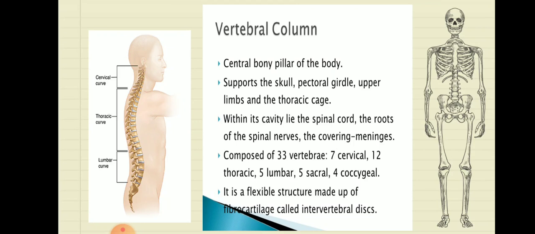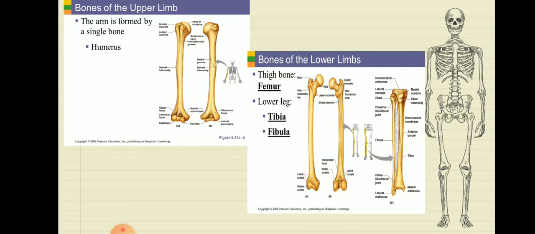And the names which have been given, like I've told you, there are 33 vertebrae. They have been divided, they have certain names, but we are not going to talk in detail about it in class 6th. As we move further in the slide, the names have been given, but you need not remember them at this time. You will come forward with it in the coming classes. Okay, so next we will move to the bones of the upper limb and the lower limb.